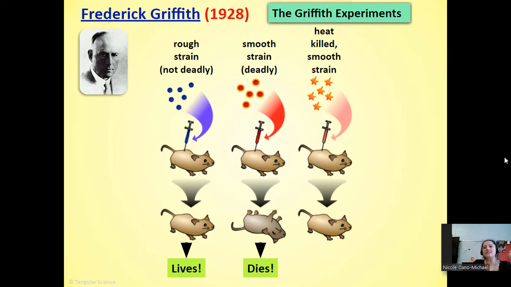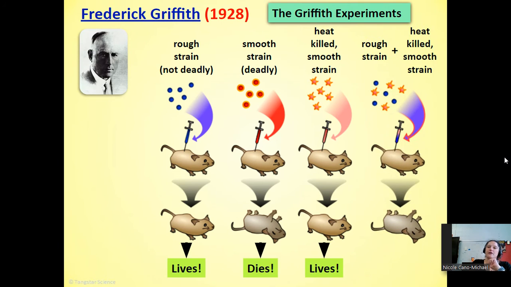In his third test, he takes some of the smooth strain bacteria, which he's heated, right? So he has heated it, and we know that heating destroys proteins. That goes back to denaturing. We talked about that during first semester, during macromolecules. So he heat kills the smooth strain, injects it into the mice, and big surprise, they live because you've just injected them with some dead bacteria. Wow. All right, cool. But the interesting one happened on the 4th experiment.